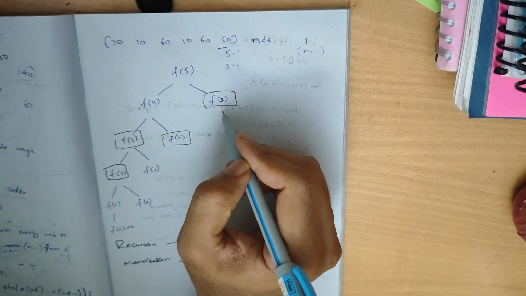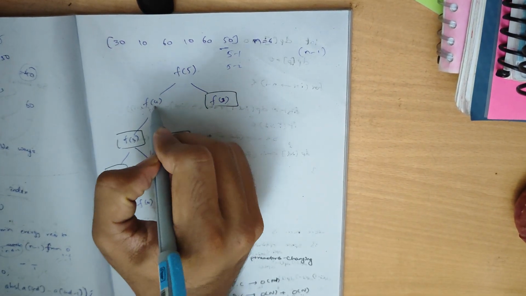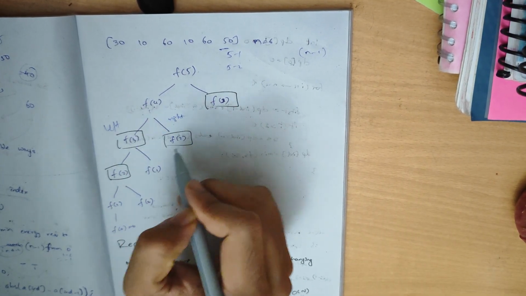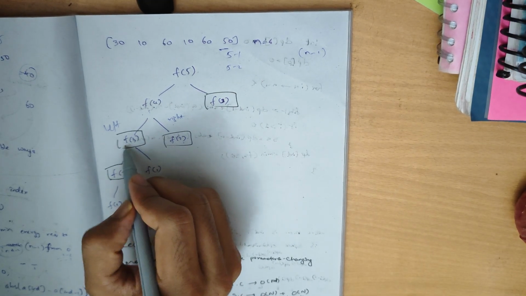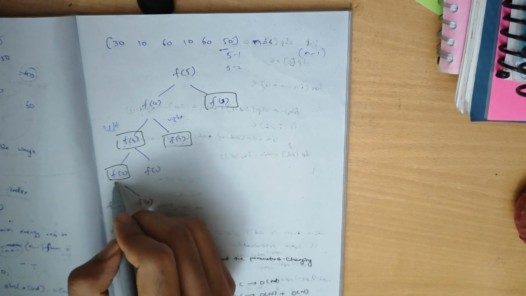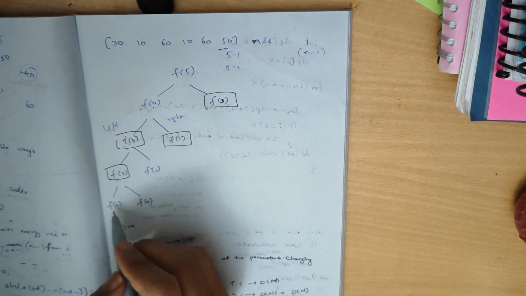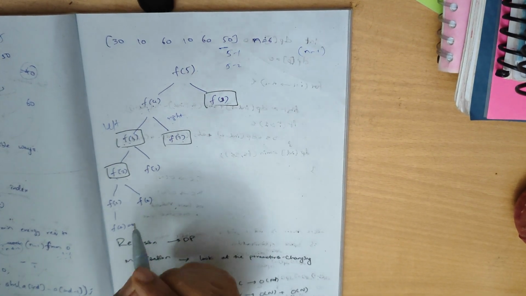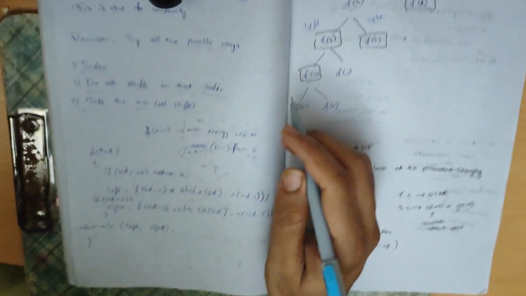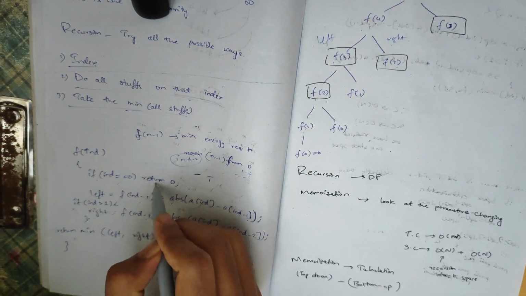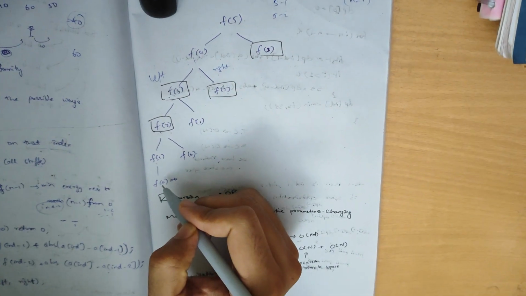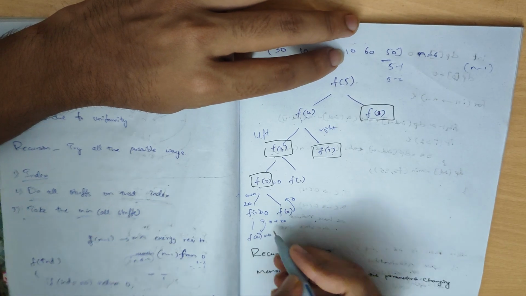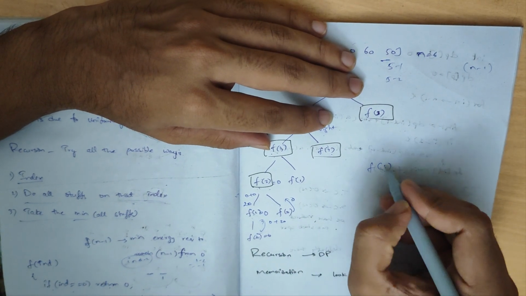which is 4 and 3. And let's take only the function 4 and find the left and right: 4 minus 1, 4 minus 2, and for this function 3 minus 1, 3 minus 2, and for this function 2 minus 1, 2 minus 2, 0, and for this function 1 minus 1 and 1 minus 2 is not possible. As per the index in our code, if the index is equal to 0, we have to return 0. So here, if you see, the index is 0, it will return 0, and then after that the function f of 1,